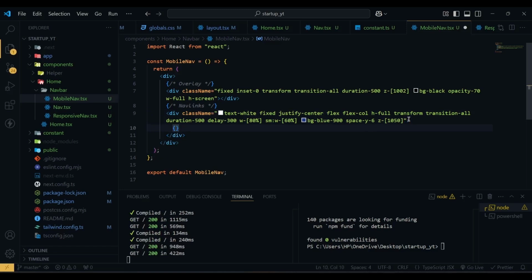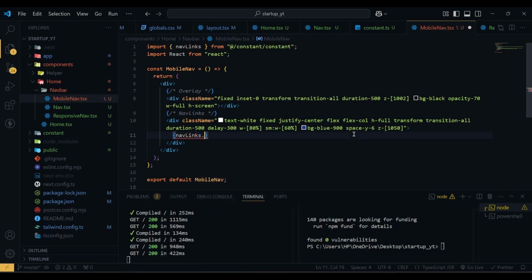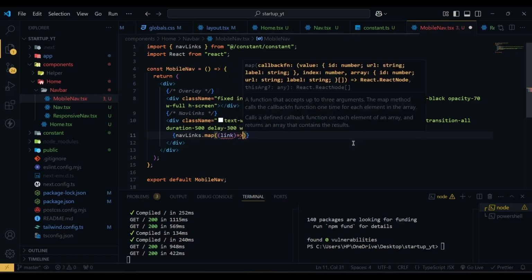So I'm going to use nav links from our constant, and then we're going to map through it. Now you can see how it is helpful to create a constant, and by doing this we can reuse it in our mobile nav as well as in our navbar. So we're going to map through it. We'll get an individual link,